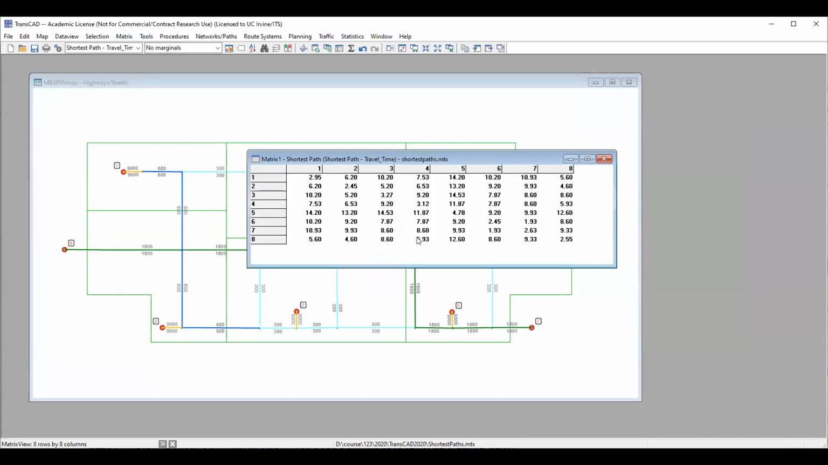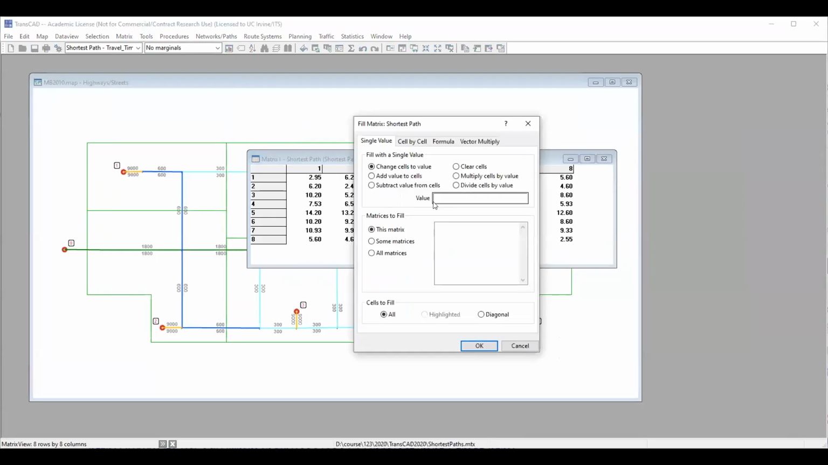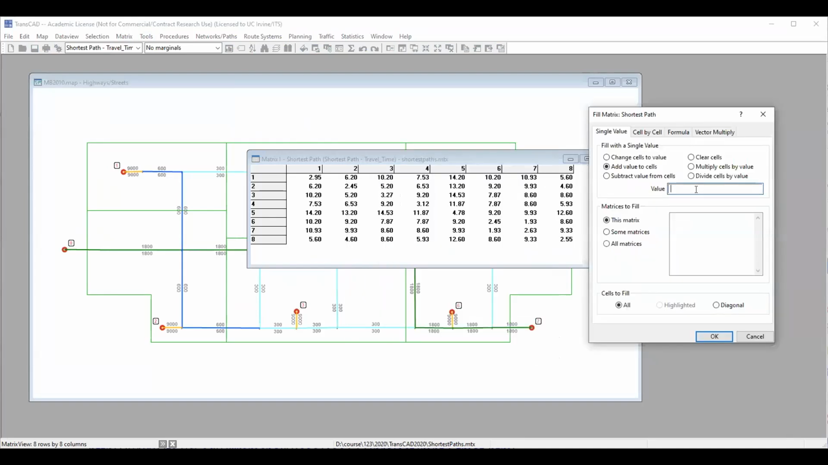This is a matrix, so no modification, we go matrix. We still name it fill, change cells to cell, clear cells, add value to cells, because we're going to add 1 minute to every cell. So that's how we do it. We added